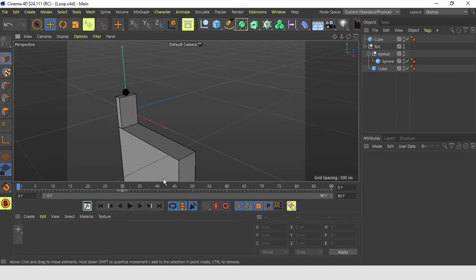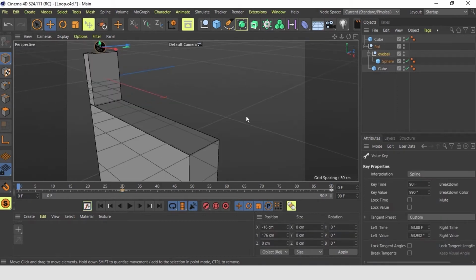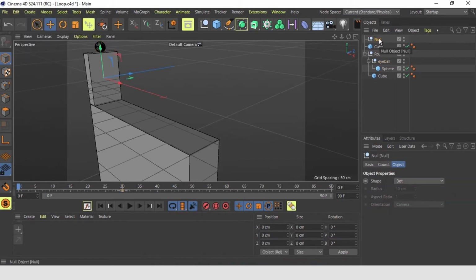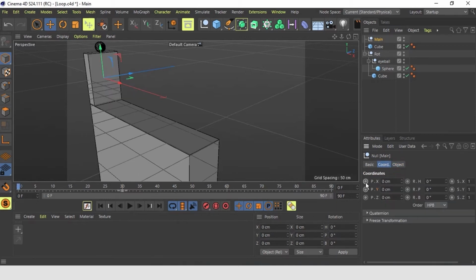Let's now look into camera move. So here we have two movements. We have the X direction and the Y direction, because this eye goes also down. So we create a null again and we call it main. You go on 0. If we go to the last frame, and we know that 466 was this whole action, so we go on all coordinates, go back to 0, set a keyframe on X, go to 90, set it to minus 466, set the keyframe.